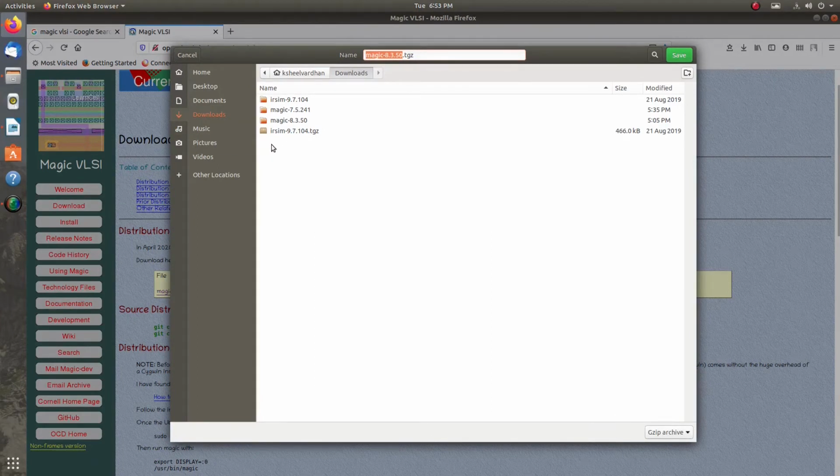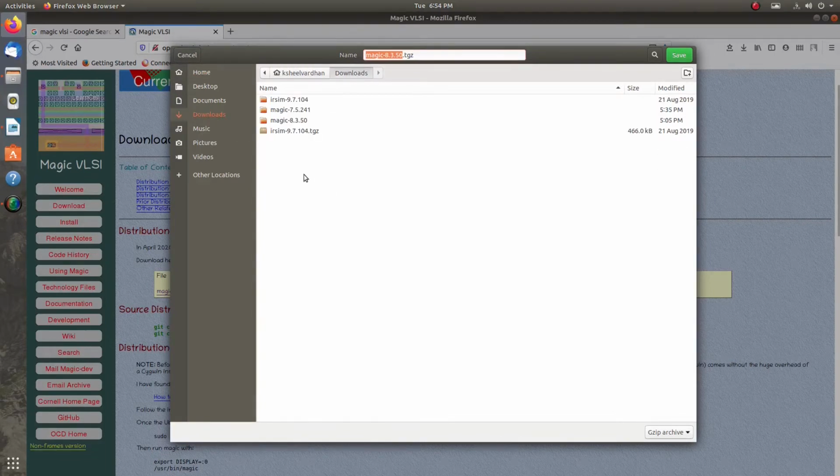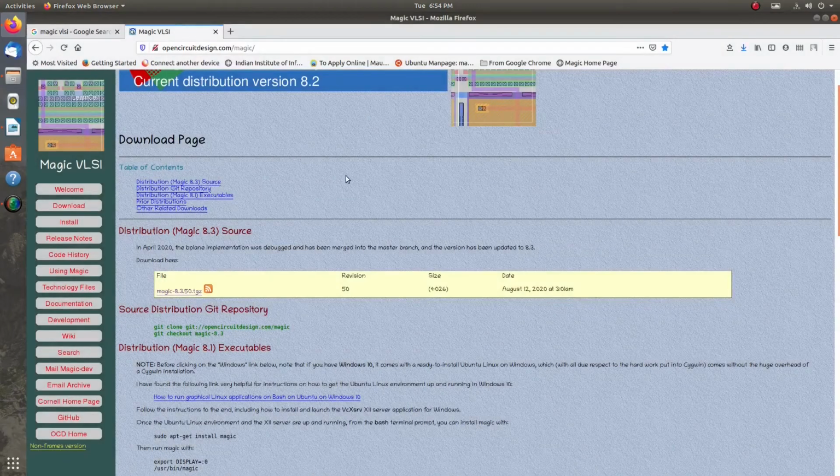It will be saved as Magic 8.3.50 in my Downloads folder, with capital D. Its extension is .tgz, which is mainly a zip extension.